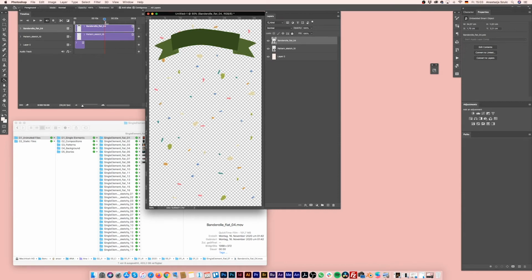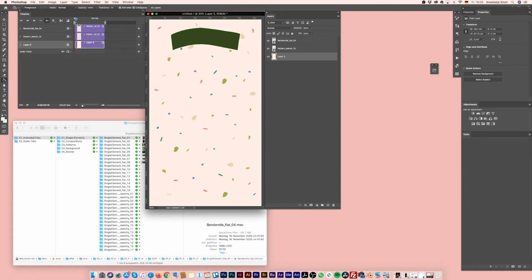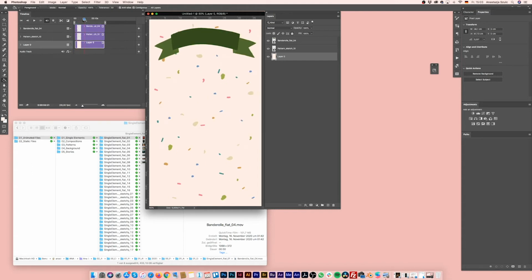And then you can simply move this here and crop the whole thing. Now we can see our background layer is shorter than the animations, so we have to move this to the right. Now we have all things together, and here you can see the animation build up from the first frame to the second and so on.